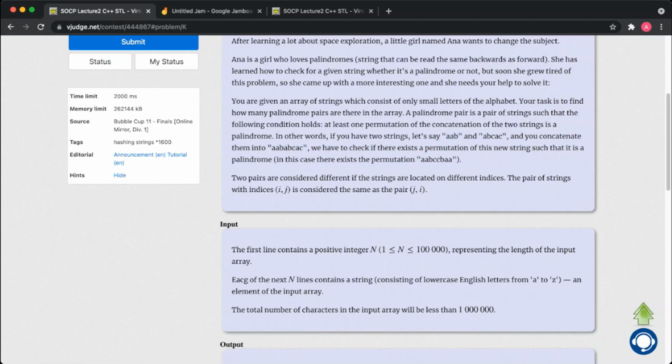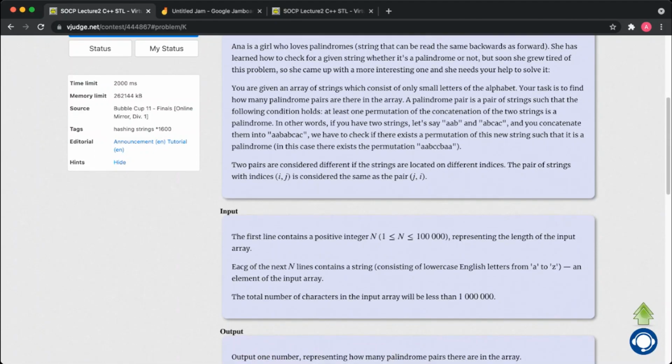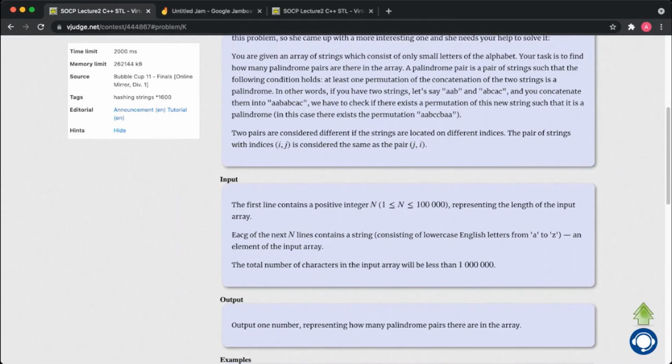If you have two strings, you have to combine them in such a way that the resultant string can be arranged into a palindrome. Now, if we simplify this further, basically we have to see that when we combine both, the resultant string should have an even number of elements of each character, and at most we can have one character which is odd. Like here we have B is even, so this is why we are able to split it on both sides. A is also even, so we are able to split it on both sides. And just in case we need, we can have one middle element as odd.